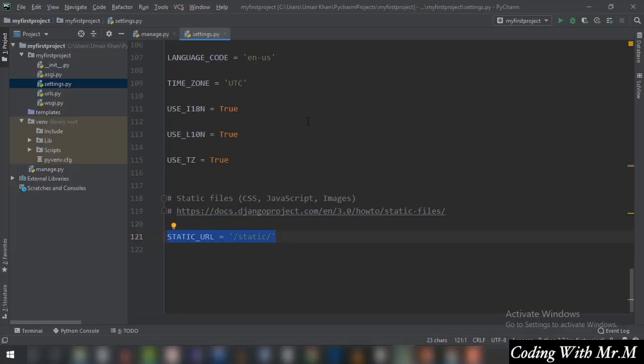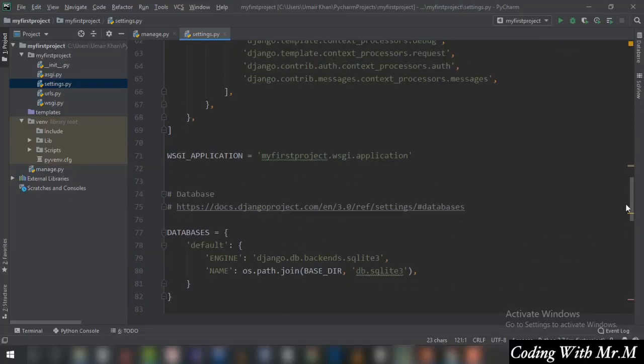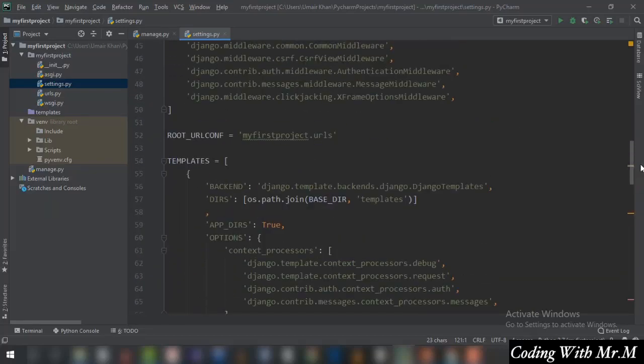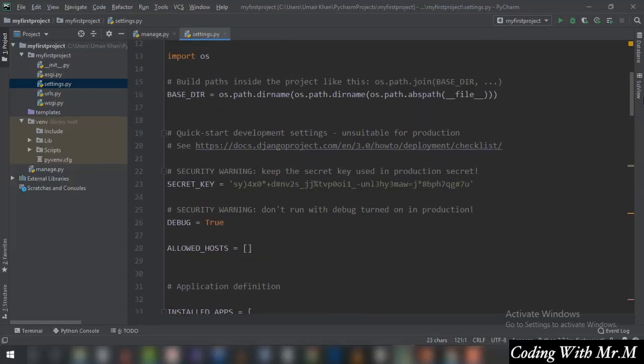So this is basically what settings.py is, and as you can see, settings.py manages all kinds of settings, may it be the middlewares, the password validators, the time zone, or many other things like databases, the WSGI application, and templates and stuff like this. So this is a very important file, and if this file was not here, you would have to do a lot of things, but Django has already done that for you by providing you with this file,